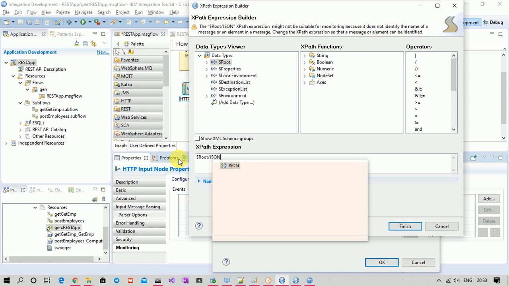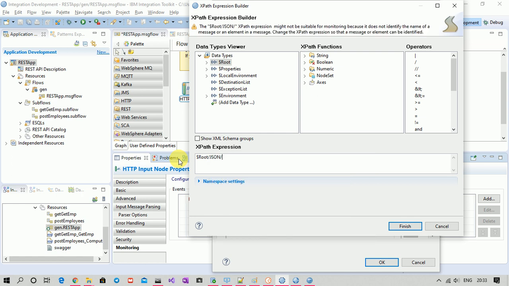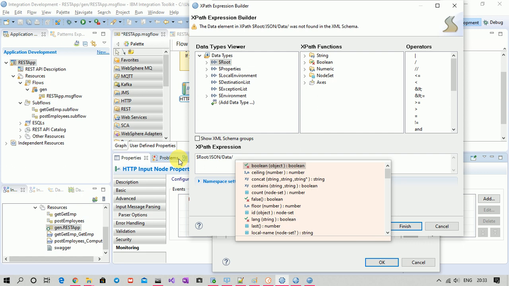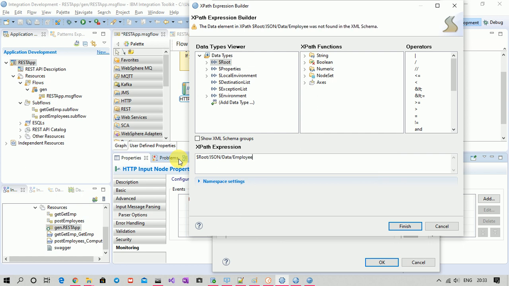So input root.json, under that I have an element, suppose employee, and under that employee ID. If the employee ID value is 1234, so if in my input my employee ID is coming as 1234, then this statement will evaluate to true. If it is not 1234, then this statement will evaluate to false.